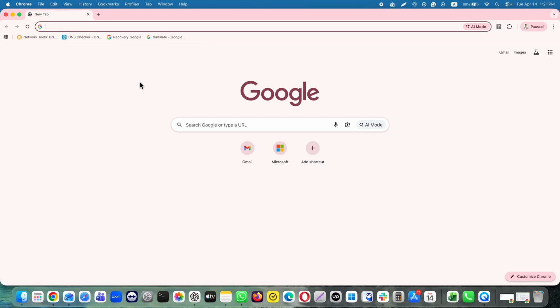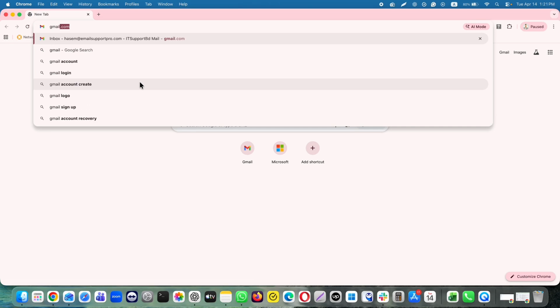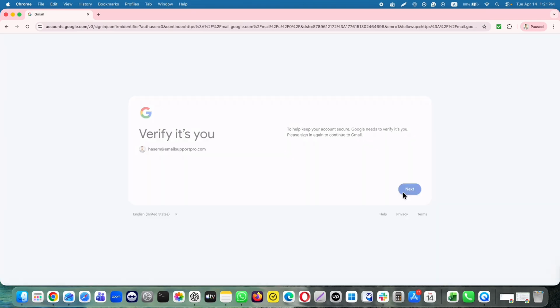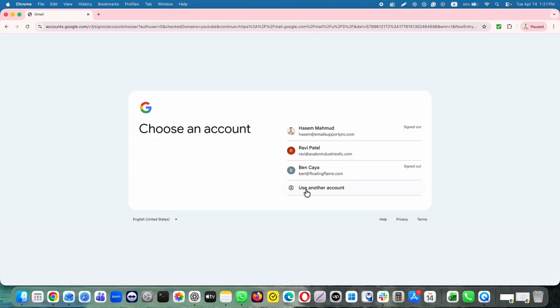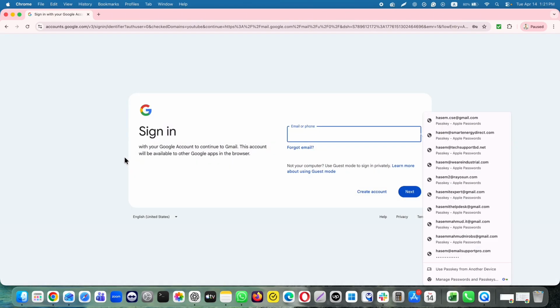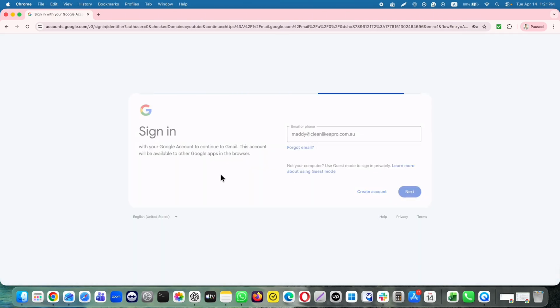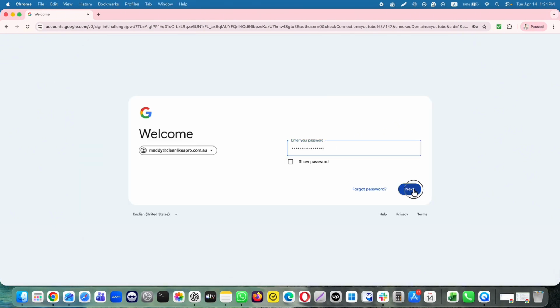So if I go with Madi, then he needs to log in at gmail.com from his computer, any browser. So okay, I will go next and I will input Madi's email ID as an example. So I will go with Madi, and he needs to input his password. And next,